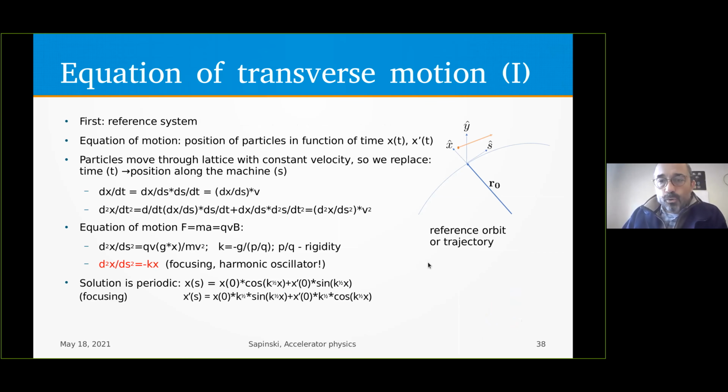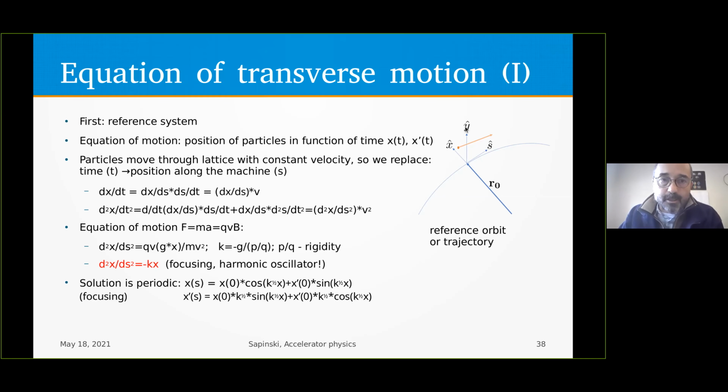In order to do this, first we have to introduce a reference system. The reference system which we use in these calculations is a system where the particle moves on the reference trajectory, so the trajectory which goes through the centers of the quadrupoles in principle. And we have the S coordinate, which is along the machine, the X coordinate, which is the horizontal coordinate, and the vertical coordinate,